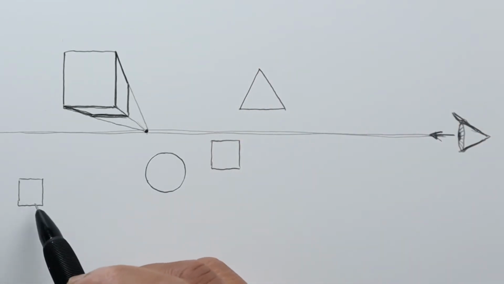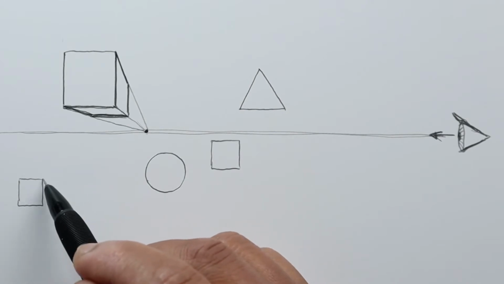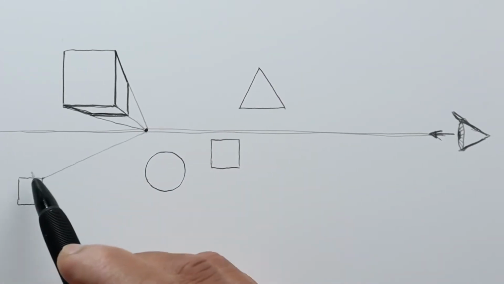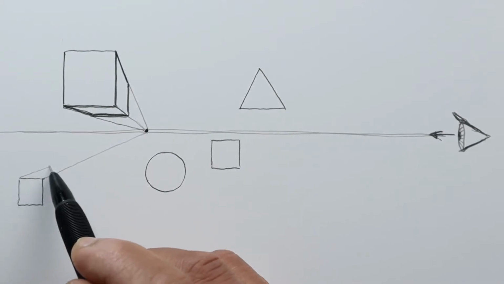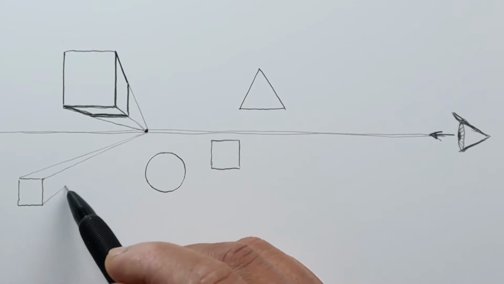So now let's look at this cube. We'll do the same thing and add these converging lines. So we'll go ahead and draw this line here, again going towards the vanishing point,